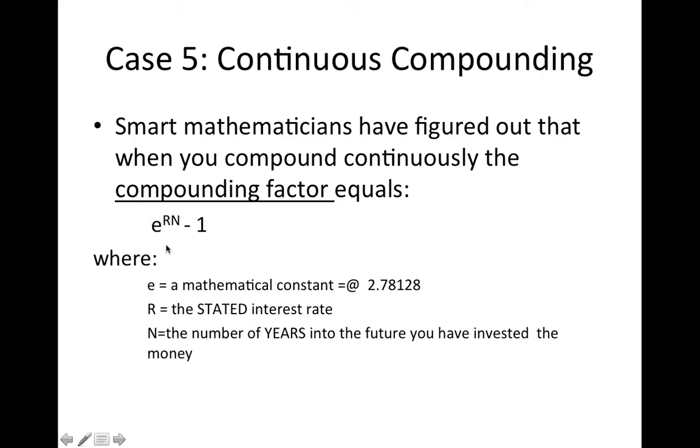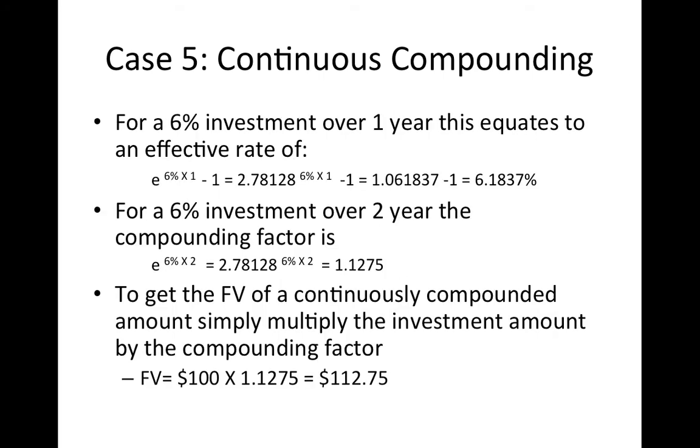And so all we have to do is that. Now, what we're doing there is taking the stated rate times the number of years, multiplying them together, and that becomes what we call the exponent. So you raise e, this value of 2.718, to whatever power this is, and that's going to give you a number that's always going to be greater than 1, provided that we're talking about a positive interest rate. And so when that happens, you have to subtract 1 off of it to get your effective rate. So let's just use an example.